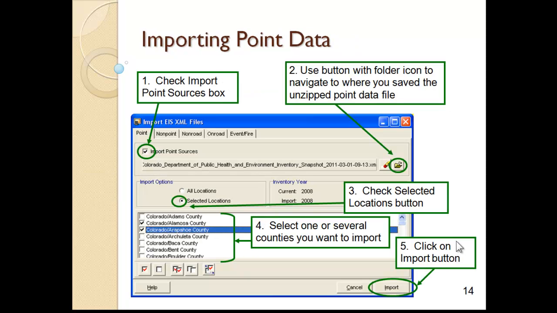This just gives you a rundown of how you're going to import that file. The first step is to check the import point sources box, which is right here. Then you want to use this button that looks like a folder to browse or navigate to where you saved the unzipped point data file. You want to click on the Check Selected Locations button because that allows you to import only one county of the file instead of all the counties included in the file. And this is really important